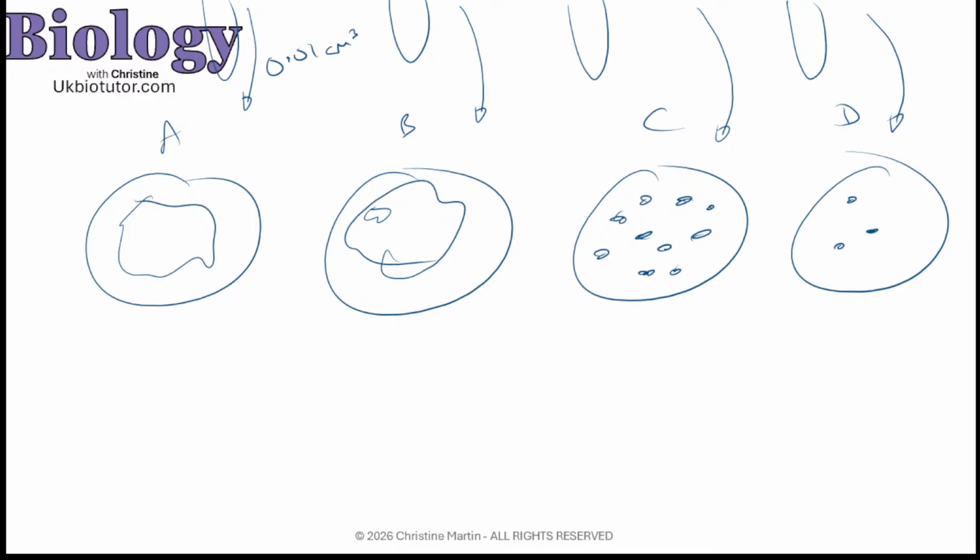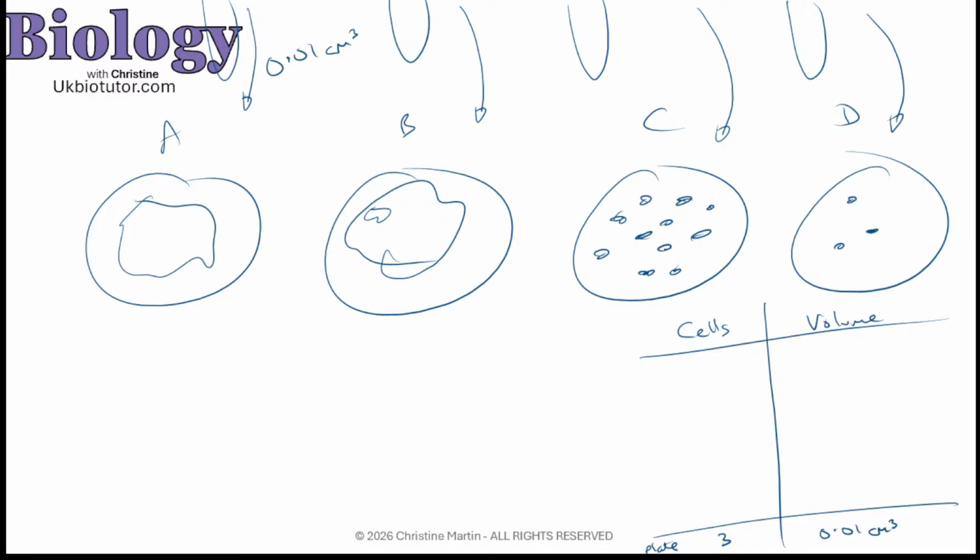Let's do a bit more on this one. Okay, so this is the size. This is what's grown. This is the colonies. Now, if I'm looking at this and I'm working my way backwards, so I have got my cells, I've got my volume. I'm going to start with this 1D. So I'm going to start at the bottom. In my plate, I have got 3 cells and the volume was 0.01 centimeters cubed because that's how much I took out of my sample.